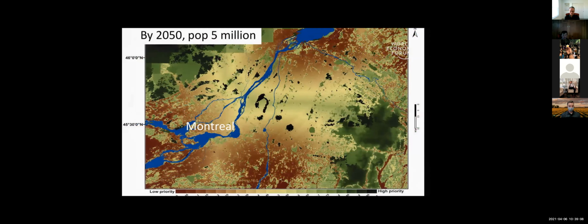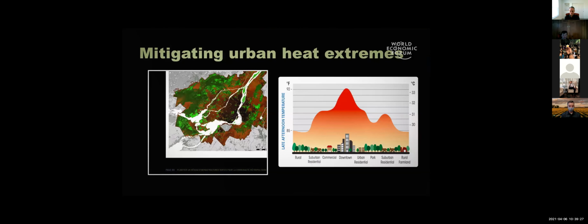Here I'm showing you a business as usual scenario, in which land use change and climate change have continued unchecked. Now you see many fewer dark green fragments, and the region's ecological connectivity has passed the point of sustainability. We can also use our methodology to identify ecosystems that contribute multiple benefits. So in this instance, on the left, I'm showing you ecosystems in light green that not only maintain biodiversity, but they also mitigate urban heat extremes, which cause fatality in the summer months.